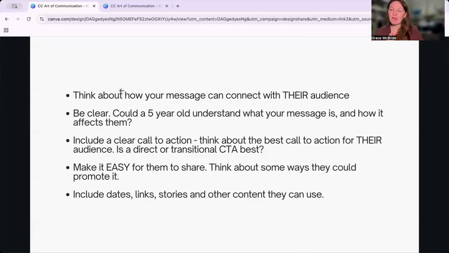If you have an upcoming workshop and you want to encourage RSVPs and attendance from the general public, think about some organizations or businesses that could help promote it. Practice asking other people to help share your content to get your message out there.